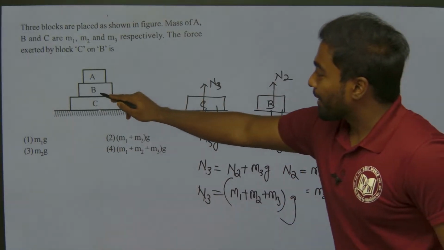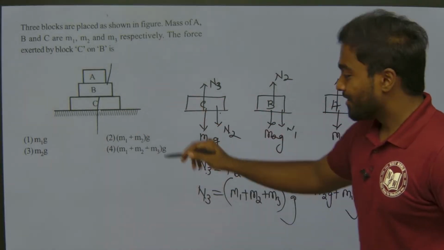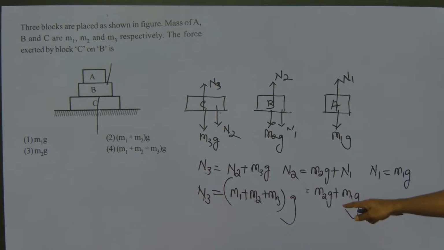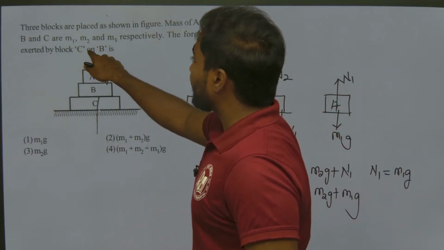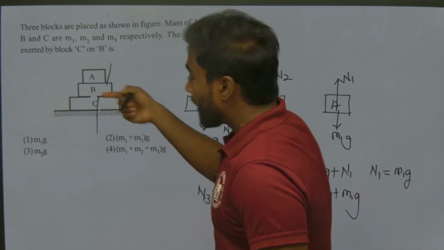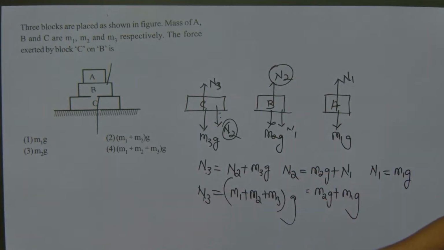N2 by block B. Again N2 by block C. So option will be M2 plus M1 of G. Block C on B, in between them I need to find, no. N2 and N2 only, no. N1 will be my A. So answer will be,